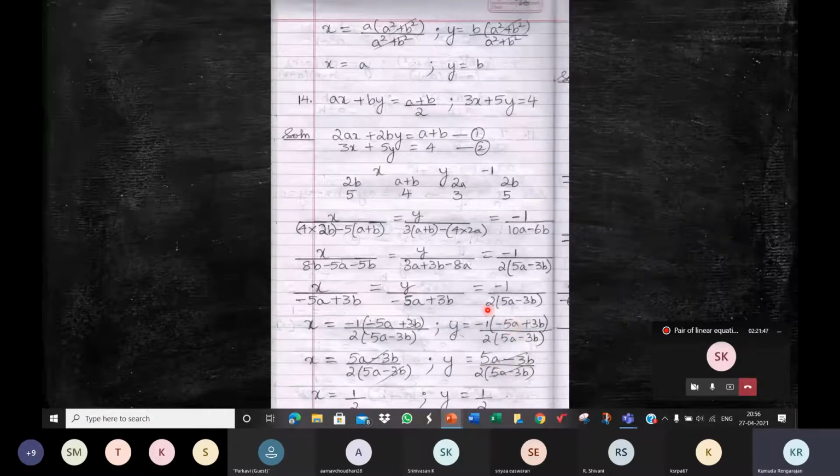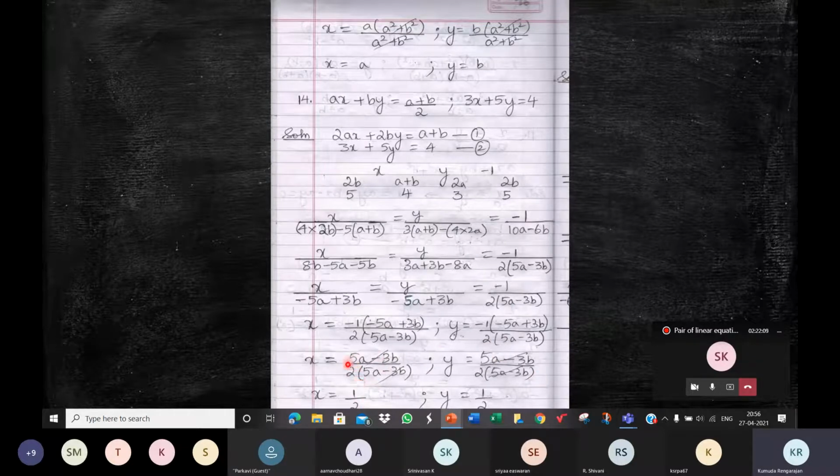See here, minus 5a into minus 1 is plus 5a. Plus 3b into minus 1 is minus 3b. So yeah, we're done. So 5a minus 3b, the expressions, they get cancelled in the numerator and denominator. And the value of x is